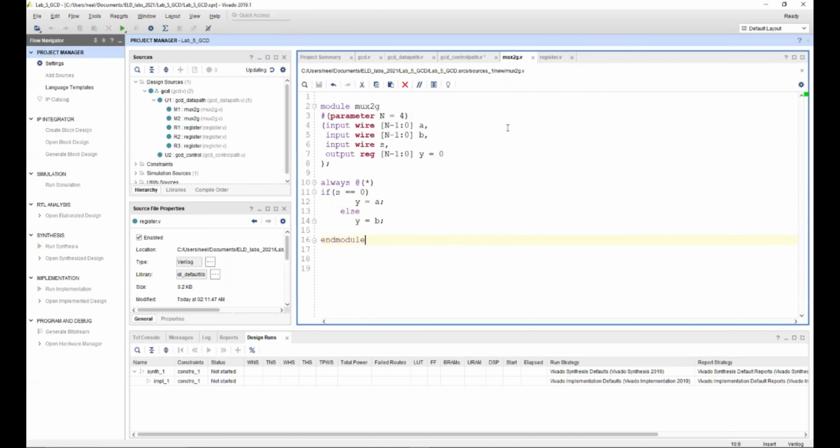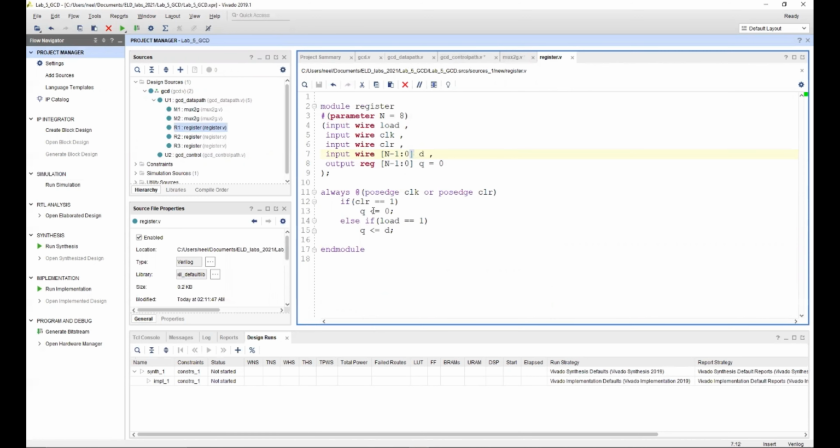Okay, so this is the mux, and this is the register again. The register has an asynchronous clear, as you can see here. It has a clock, and at the or position, the clear. So it is asynchronous, and Q. Again, we determine that when clear is equal to 1, the output that we should be getting is 0, and whenever load is equal to 1, the value of Q will be equal to D. Q is our n-bit output. So this is how we design the mux and register, and we'll be making use of this mux and register